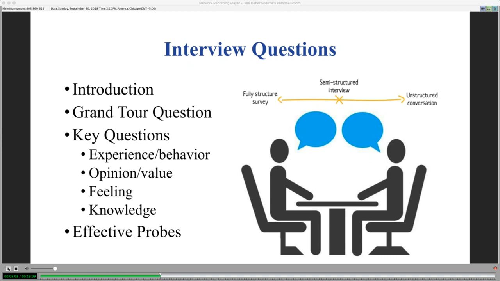That said, most interviews are not completely unstructured because we're trying to engage in a conversation that will produce data to answer a particular research question. Even if it's an explorative question, we want to have some boundaries around it. So a typical interview guide is a set of questions to provide some structure to